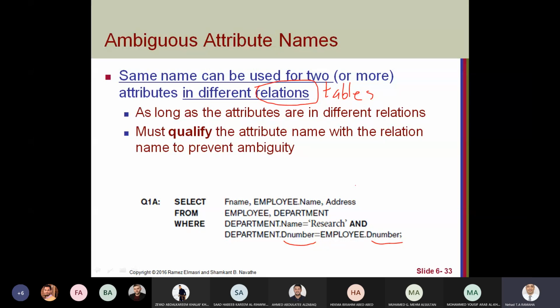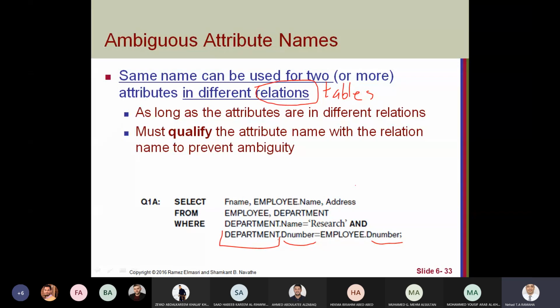Okay, so if inside employee I have D number the same as D number in department, then I can use the whole name of the attribute like this, or a shortcut name. We will see how to use it later.